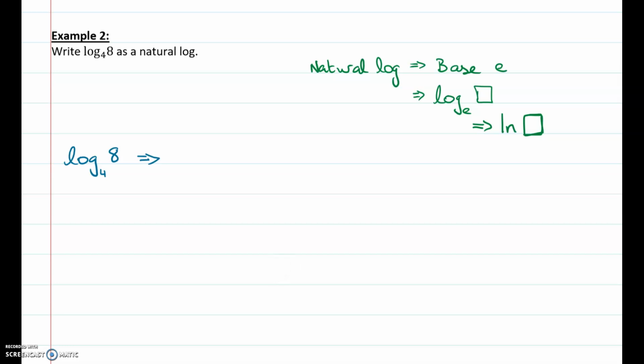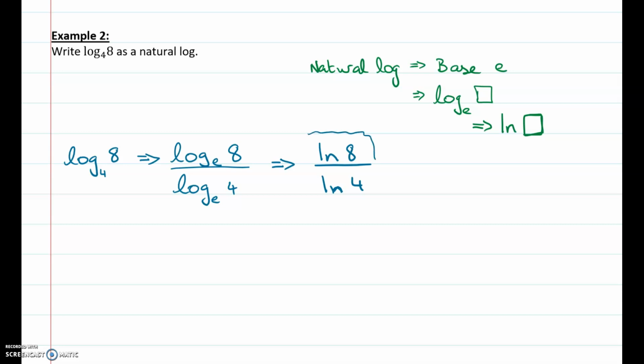So it's going to be the natural log of the top number, so we can write it as log to the base e of 8 over log to the base e of 4, but generally, log to the base e, you never actually see that written down, it's always changed into ln. So ln of 8 over ln of 4. Okay, and again, there is an ln button on your calculator, so you can put this into the calculator to evaluate it, but we weren't asked to do that here, so we're going to leave it as ln of 8